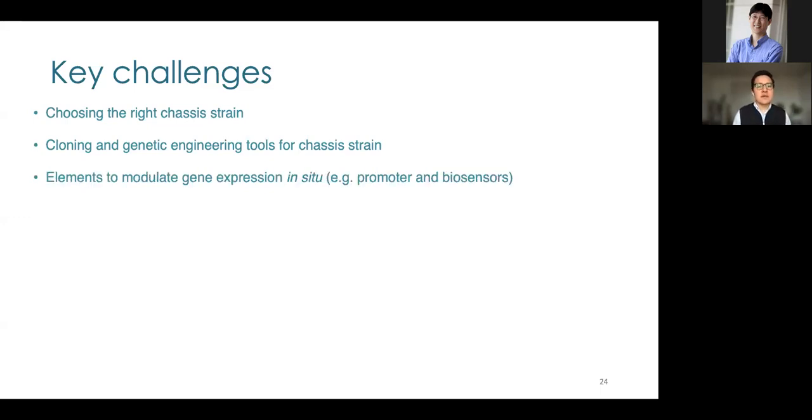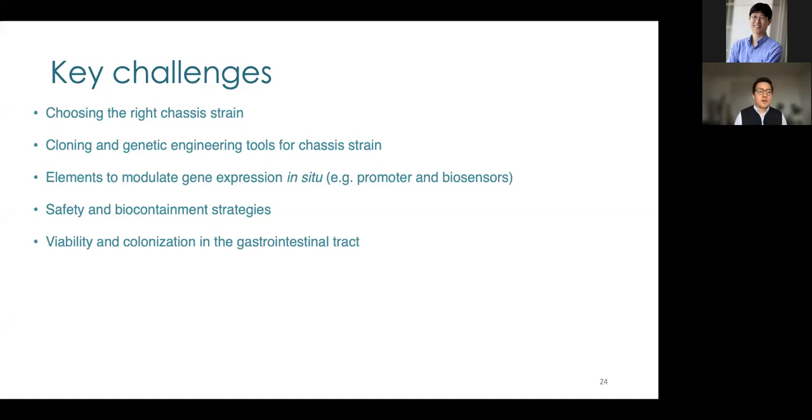Another challenge is that we don't know of that many elements to modulate the gene expression of some of these organisms, or for a specific environment, like in anaerobic conditions or in the environment of the gastrointestinal tract. We also need to develop different strategies to improve the safety of these microbial therapies, as well as the biocontainment, because it is a concern. If you're going to put a live therapeutic into your body, you need to make sure that it only stays in the patient that it is supposed to treat, and that it is not there in the environment producing that therapeutic function somewhere else.